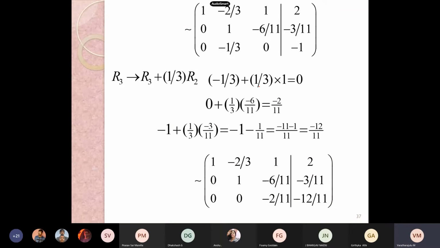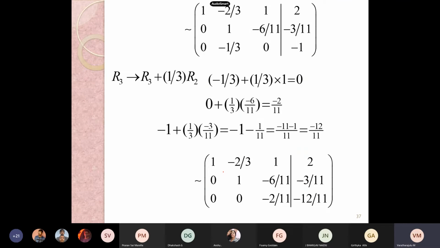This is what you will get in Gauss elimination. Up to this step, the steps are uniform. So please copy down the content from the past problem. From this point, I'll be a little slower, not to make you copy. And now R1 implies R1 plus 2 by 3 R2.